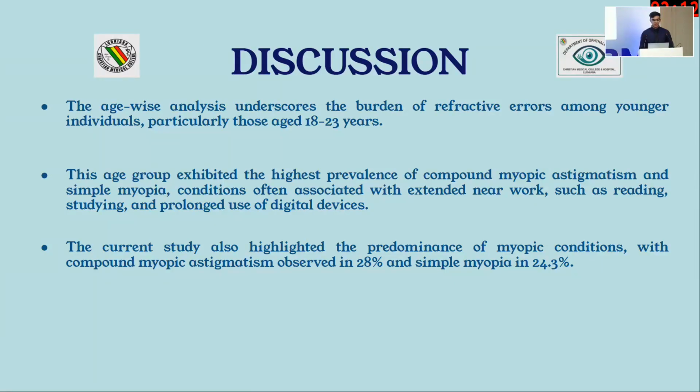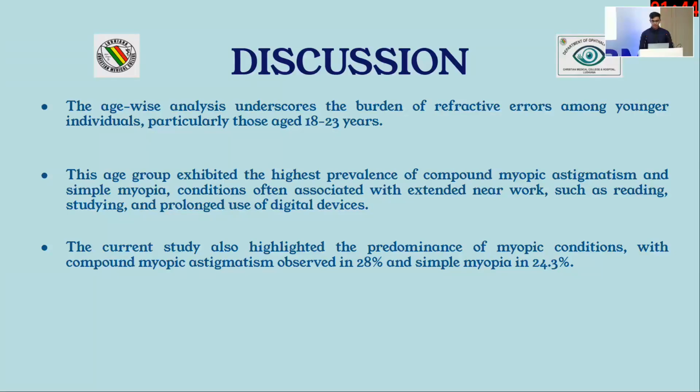Discussion. The age-wise analysis underscores the burden of refractive errors among younger individuals, particularly those aged 18 to 23 years. This age group exhibited the highest prevalence of compound myopic astigmatism and simple myopia, conditions often associated with extended near work such as reading, studying, and prolonged use of digital devices. The current study also highlighted the predominance of myopic conditions, with compound myopic astigmatism observed in 28% and simple myopia